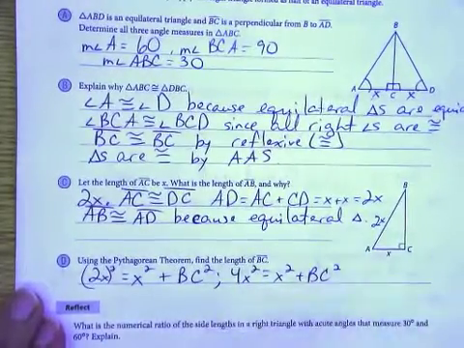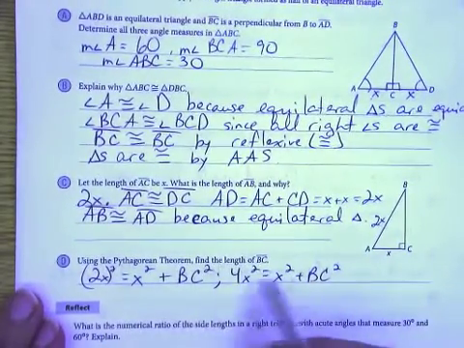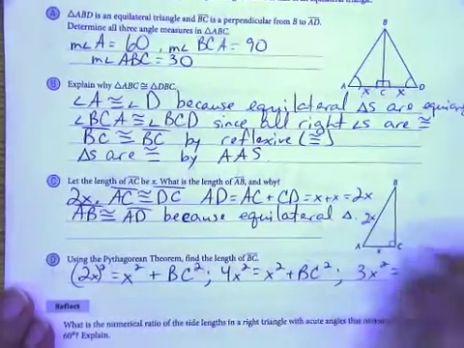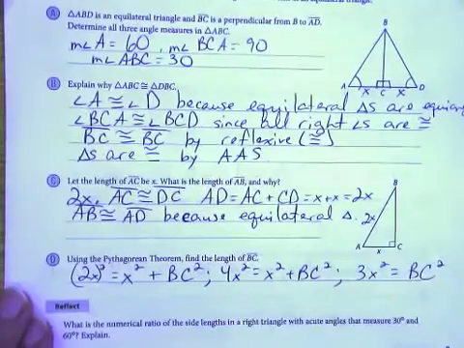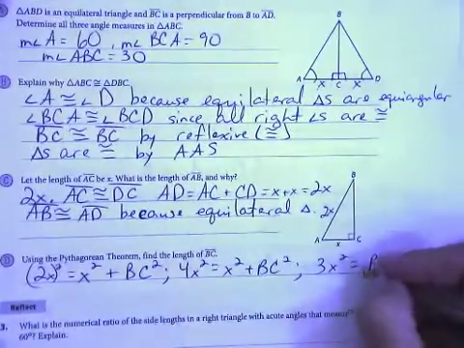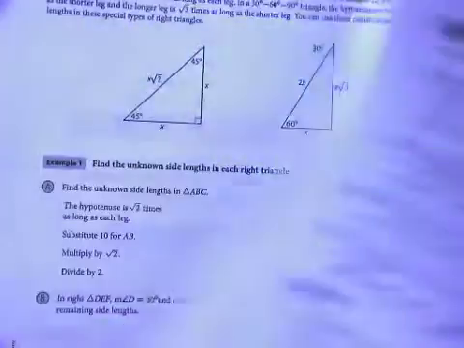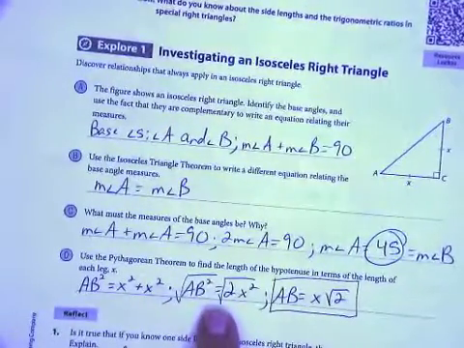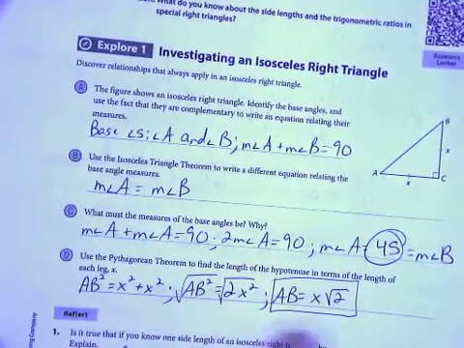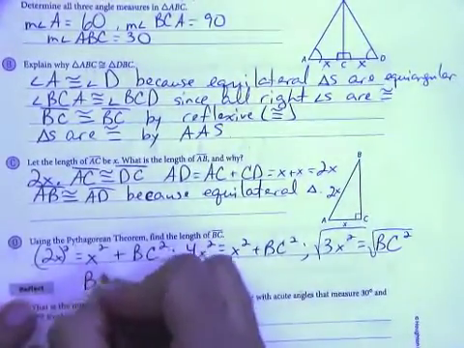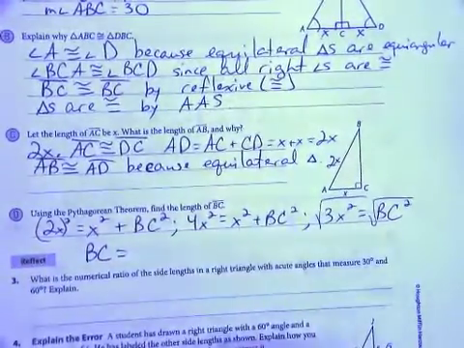I'm going to get all my x squared stuff together, so I'm subtracting x squared from both sides and getting 3x squared equal to BC squared. And then when I take the square root of both sides, here, very much like here, I can pull the x out of the radical, but the number ends up staying in. So BC equals